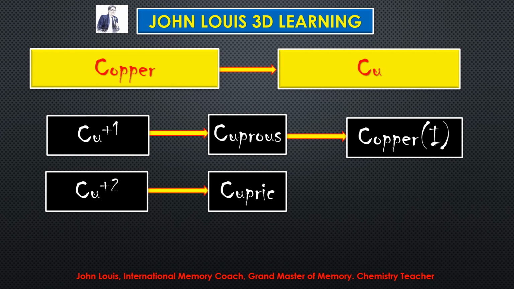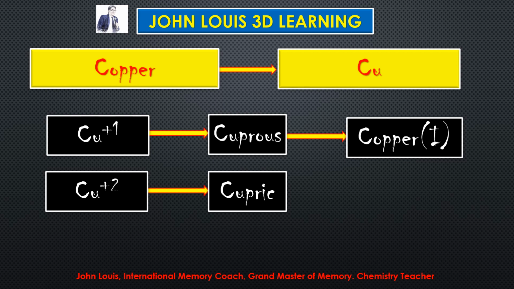But modern day scientists, they represent it by Roman letter. So copper 1, that means the valency of copper is 1 here. It is easy, no? We will come to know what is the valency of copper 1. But in cuprous we do not know what is its lower valency, but we know its lower valency, but what is the exact valency we may not know.